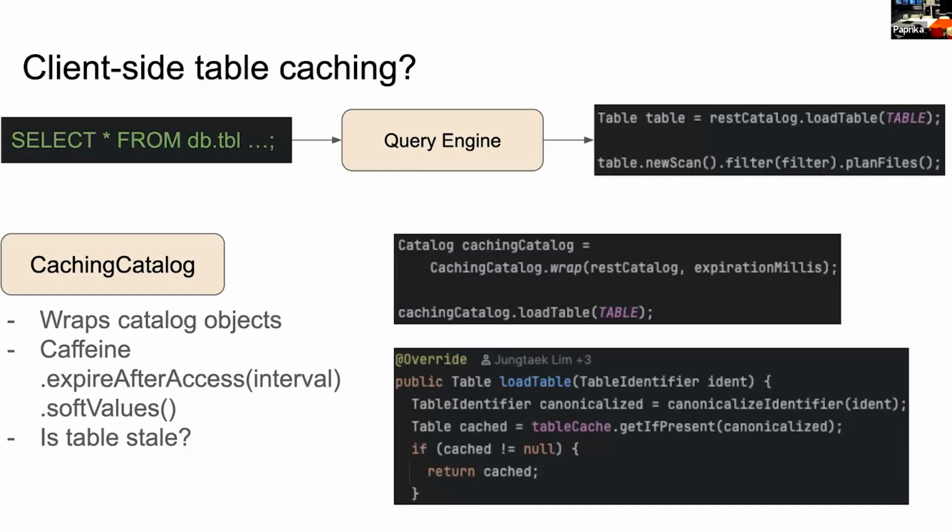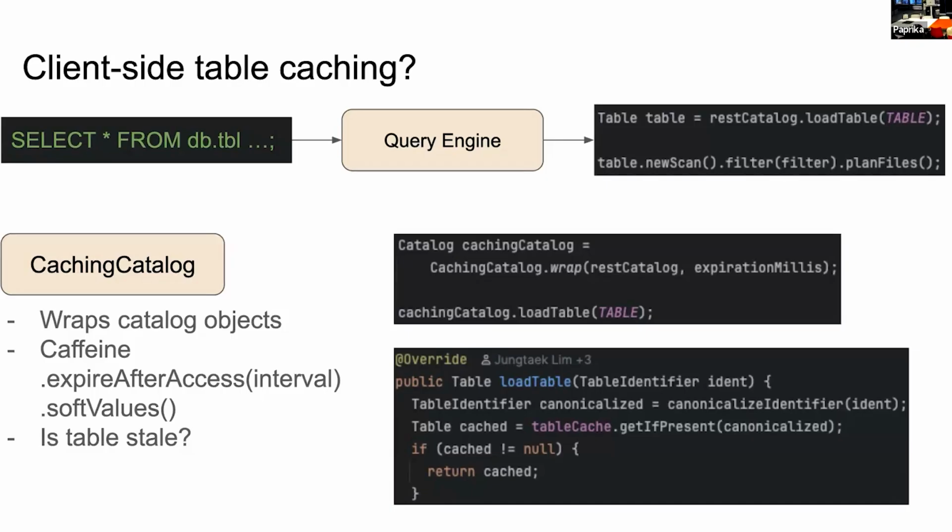So one shortcoming here could be how this cache is configured. You can configure an interval, how long a table should live within the cache. It's configured with an expire after access. So let's imagine where this can break. You have a use case that is frequently querying one single table. And in case the query interval is shorter than the expiration interval, it will just simply keep your table within the cache alive. Even if the table has changed long ago, it won't be refreshed within the cache.